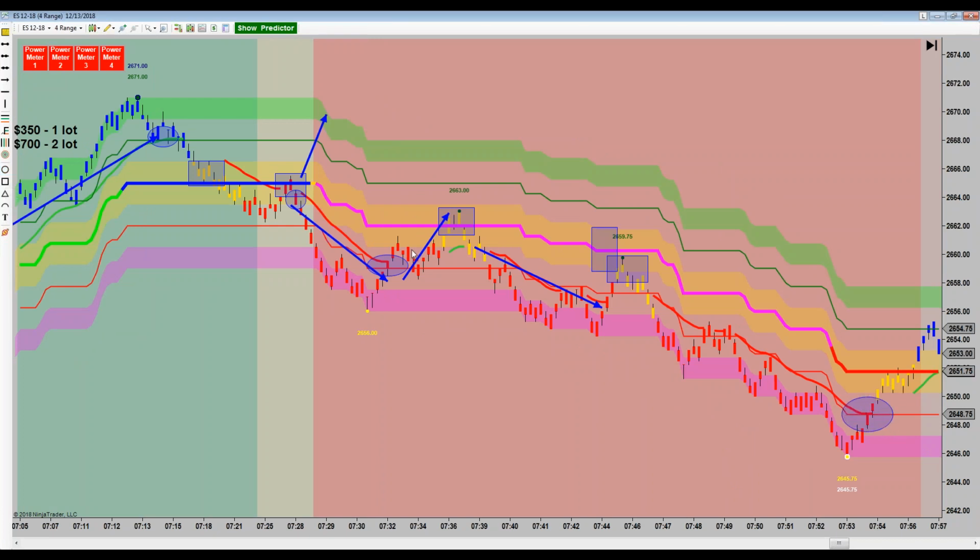Now let's just do some rough math. From the first box to the final stop out was a total of, let's find a round number here, 64-ish. And you got out at, I don't know, call it 48, 49. So what was that? 49 to 64. 64 to 49 is 15 points. 15 points times 50 is how much?